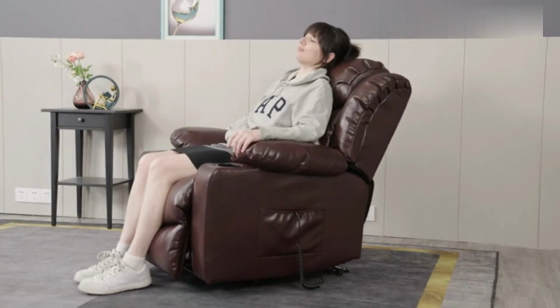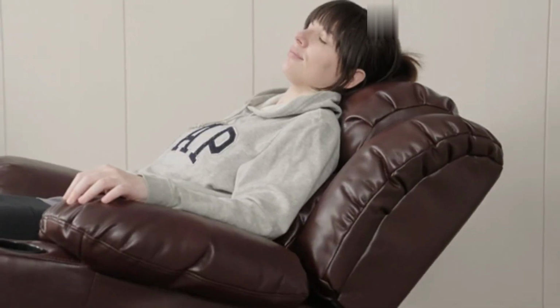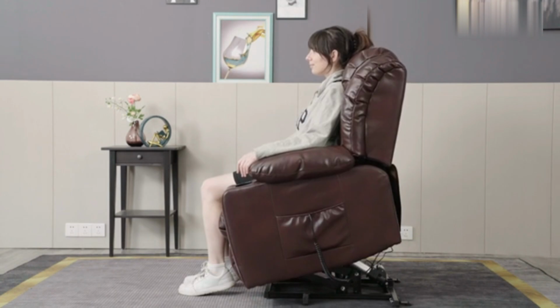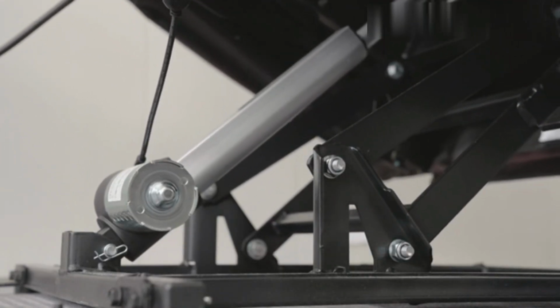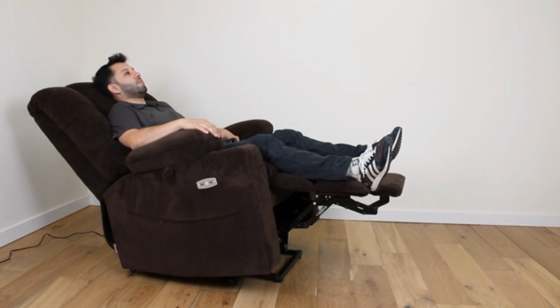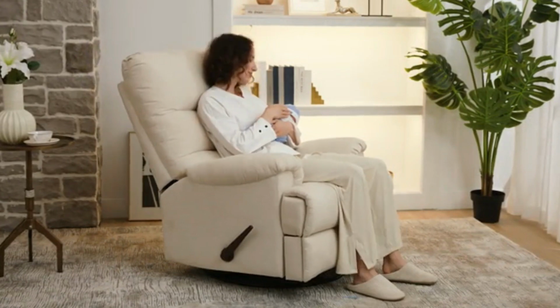This recliner not only serves as a functional seating solution, but also adds a touch of sophistication to any room. The Power Recline feature is a significant advantage, offering effortless adjustments with the push of a button. This functionality distributes weight evenly, ensuring that anyone can find their ideal position for unwinding after a long day. Whether you're reading a book or watching television, this recliner accommodates a wide range of comfortable postures. Comfort is further enhanced by its plush cushioning, which strikes a perfect